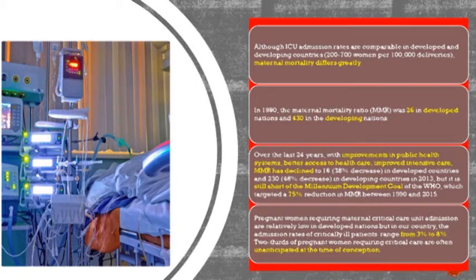In 1990, the maternal mortality ratio was 26 in developed nations and 430 in developing nations. Over the last 24 years, with improvements in public health systems, better access to health care, and improved intensive care admissions, the maternal mortality ratio has declined to 16, that is a 38% decrease, in developed countries, and 230, which is a 46% decrease in the developing countries. But it is still short of the Millennium Development Goals of the WHO, which targeted a 75% reduction in maternal